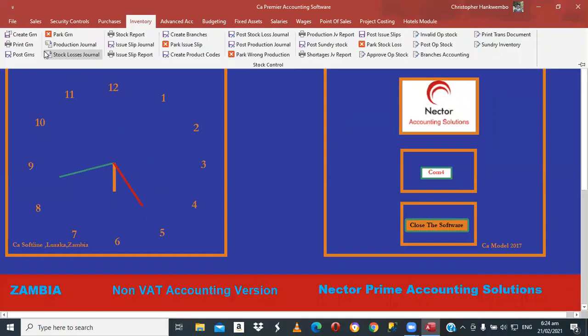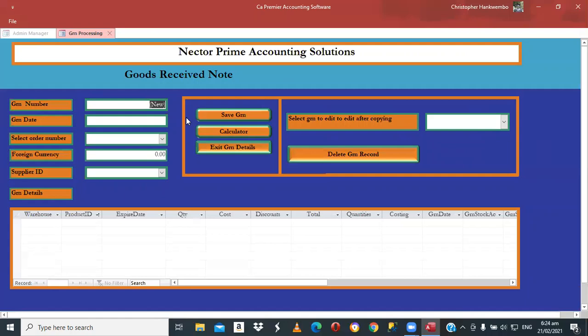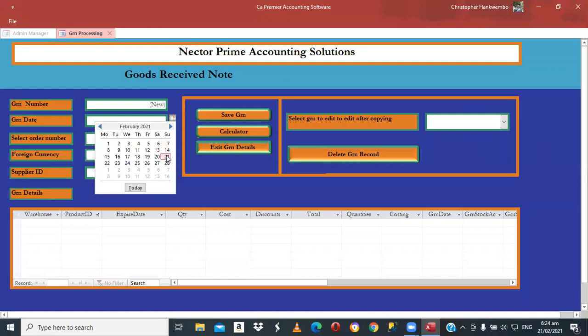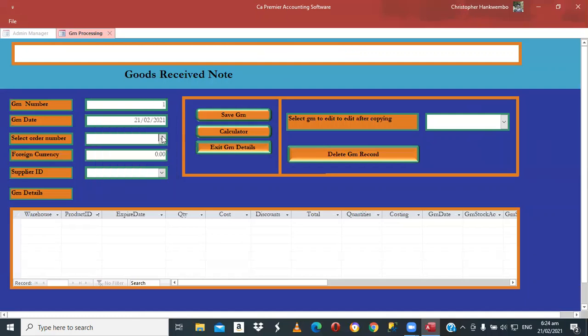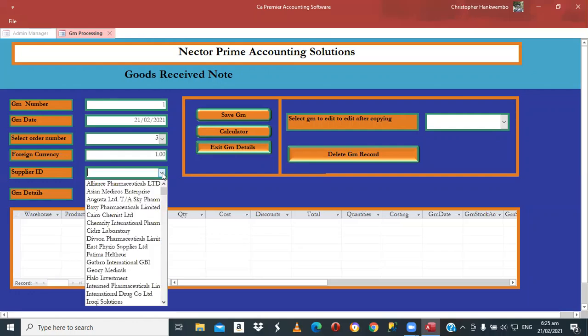Now let's assume that we have finally received those things, you just come here where it says create GRN. After that, you select the date. Let's say we are receiving the same materials today, so you select the 21st there, and you select the purchase order number, which is that one. The foreign currency change, since we are using kwacha, so it will be 1. If it was USD, you put the correct exchange rate there. Now, which supplier? The supplier, it was XML,